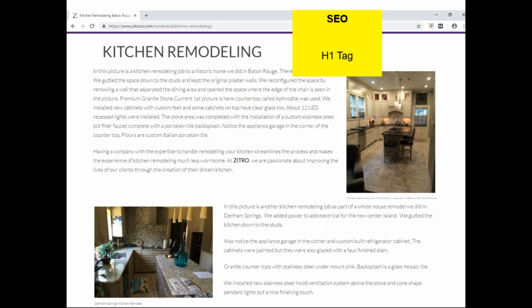As we go further, most people traditionally will gravitate their eyes towards the actual content on the page. So in this particular case, the content begins with a big, bold kitchen remodeling, and that's what's called an H1 tag, the label of the content itself. And even going further, we have what's called alt text, or an alternative description for things such as the pictures, where many times contractors have an abundance of after and before pictures, but they don't title them correctly for the